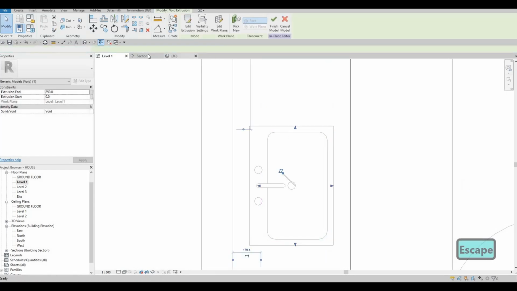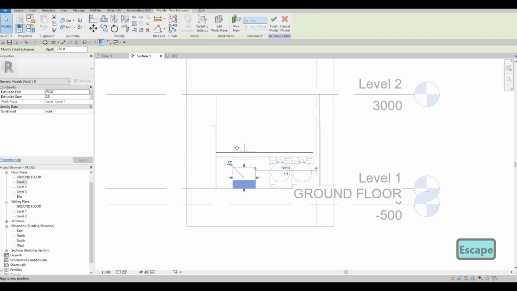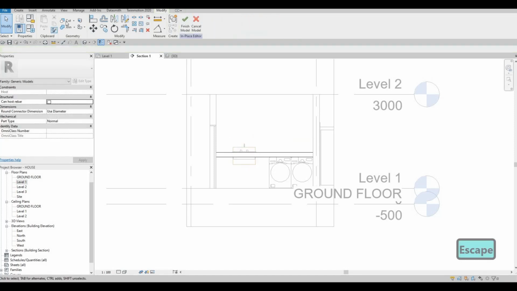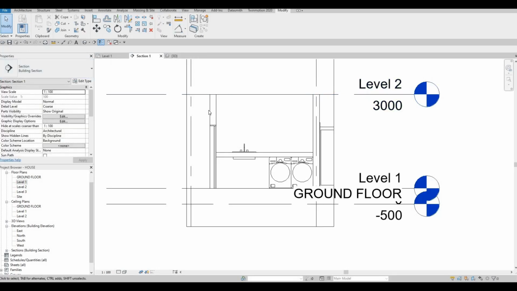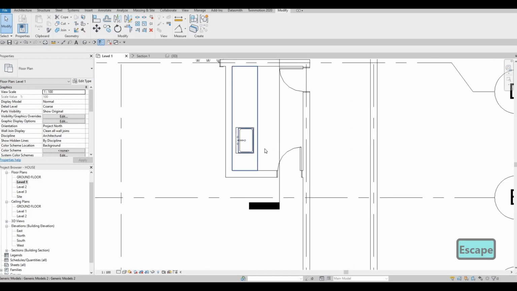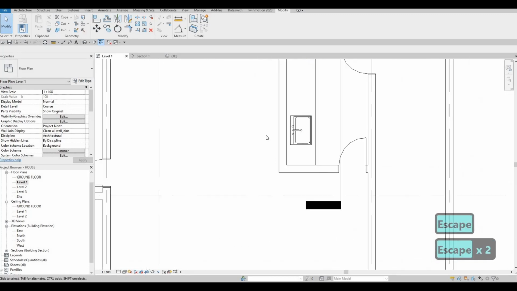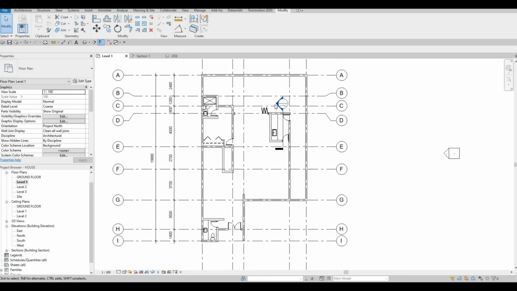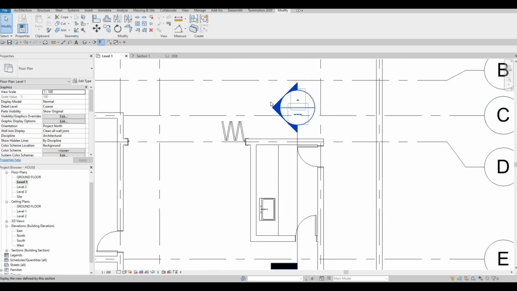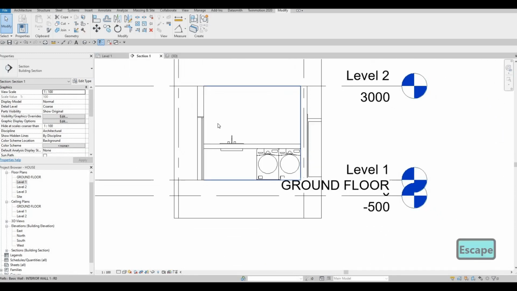Click on finish, go to section, pull it up so that it cuts all the way there, and then here just select cut, select here and then cut, so it will be nice and everything is cut properly and everything is showing. So now that we're here, might as well double click on here, add some shelvings and close this off. What we could do is